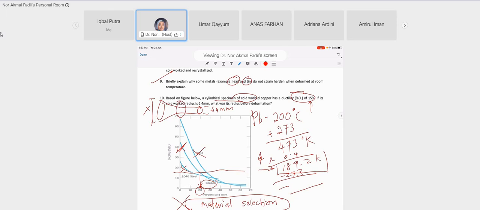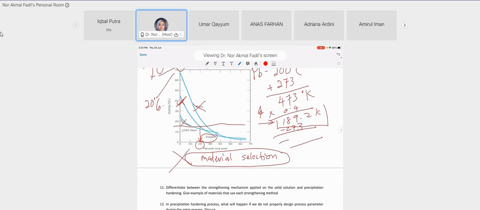And the process is giving 20% cold working. So for the formula, you need to understand the definition of the cold working process. What is the definition of percentage cold working? The percentage of cold working is defined by the reduction in